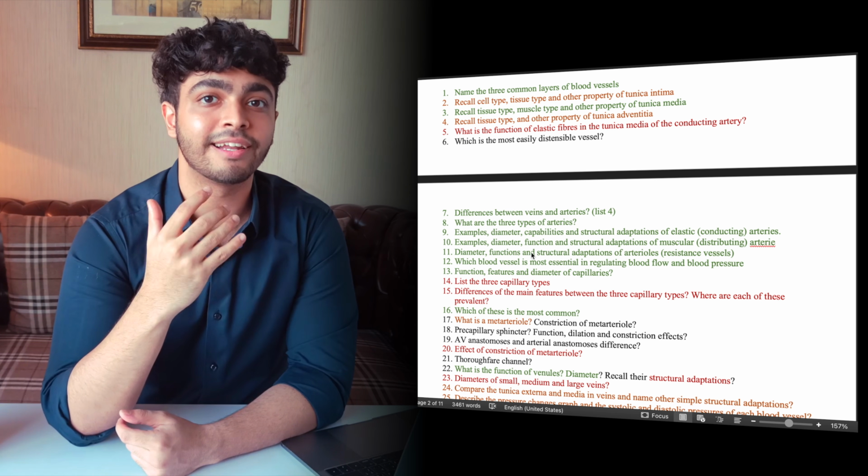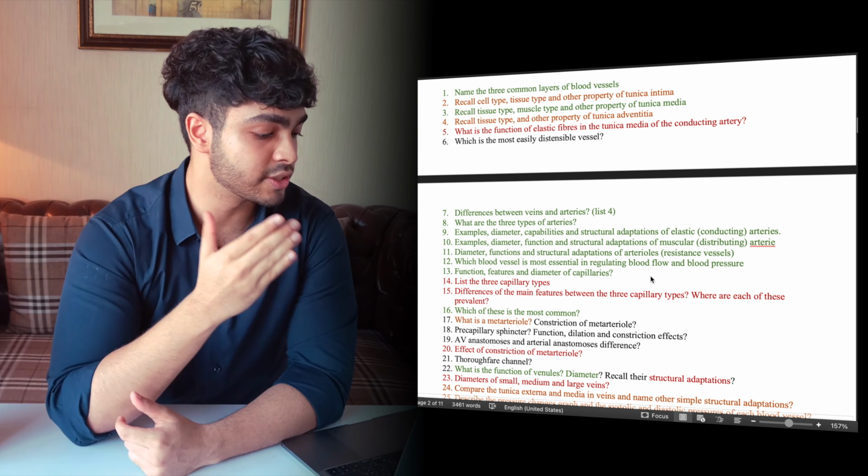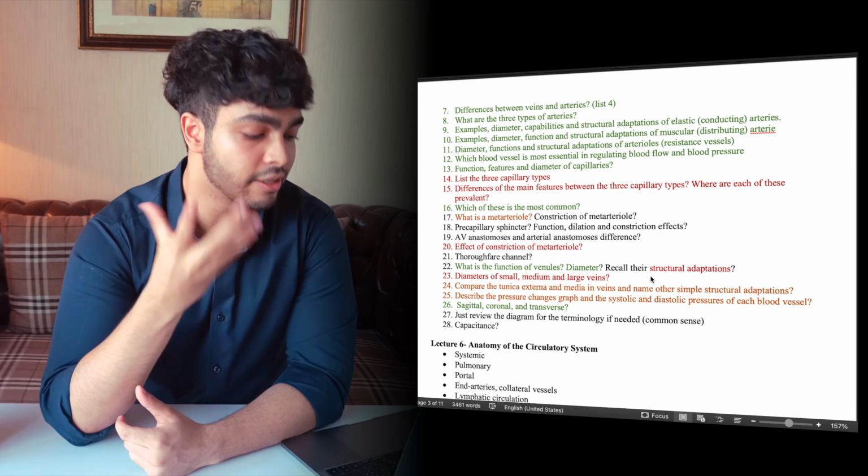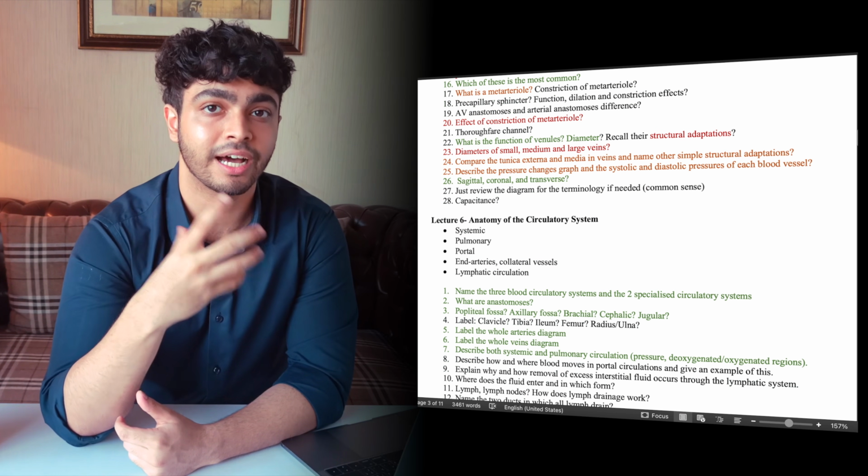And then, as you can see here, I color code the questions red, green, orange, depending on the difficulty and how difficult I found it to answer that question. And even though it seems like a small thing, it can be so useful when you're revising, because at the end of it, it helps you prioritize your learning. And that is the key here.